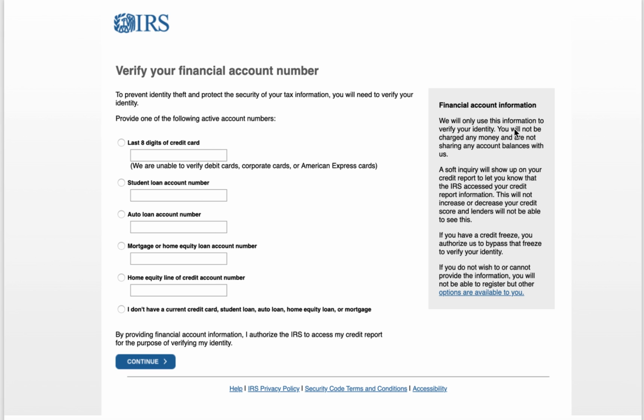What type of verification will they do? So here's what the IRS says, and here's their note about this. So basically, they'll use this information to verify your identity only. They will not charge any money and are not sharing any account balances with anyone on the IRS team. A soft inquiry will show up on your credit report to let you know that the IRS accessed your credit report information. And they say this will not increase or decrease your credit score, and lenders will not be able